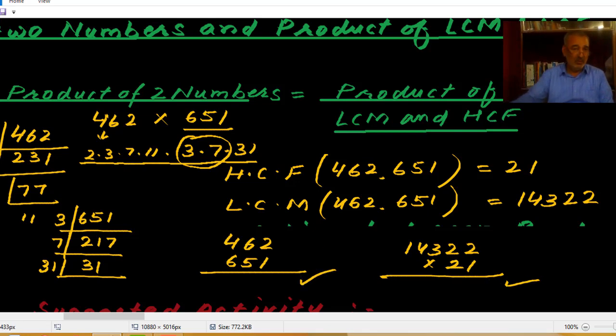So always, the product of these two numbers will be equal to the product of their HCF and LCM, and it is true for only two numbers, not for three. Remember, the product of any two composite numbers or prime numbers or natural numbers is equal to the product of their LCM and HCF. I think I have made it clear,